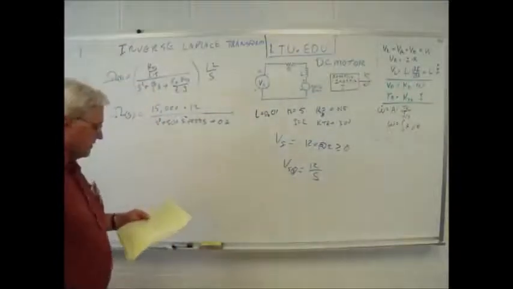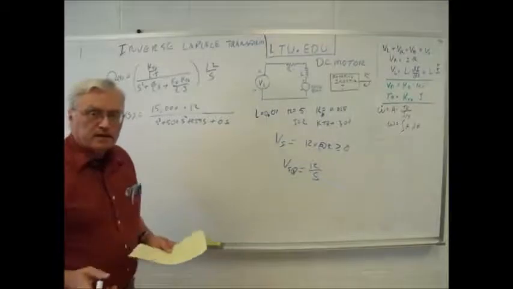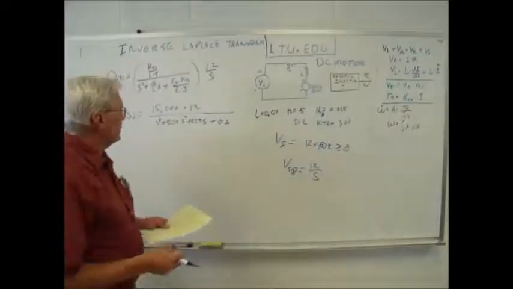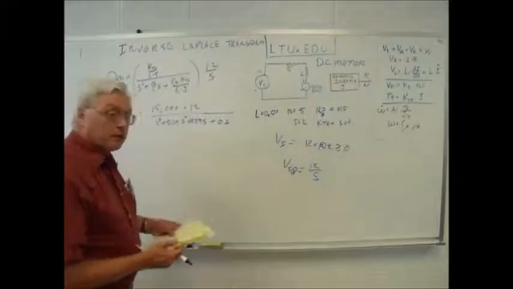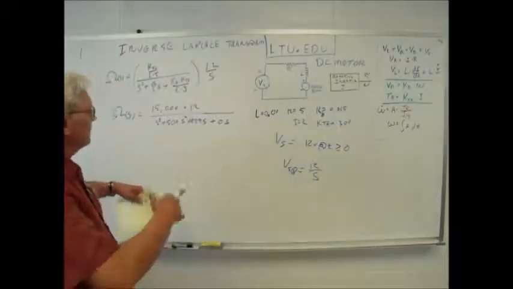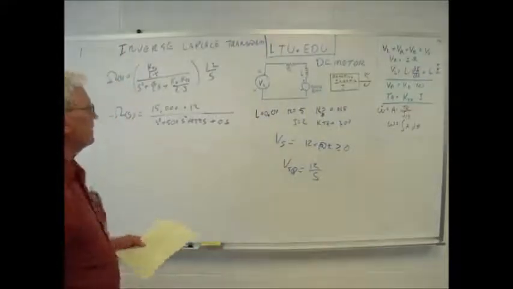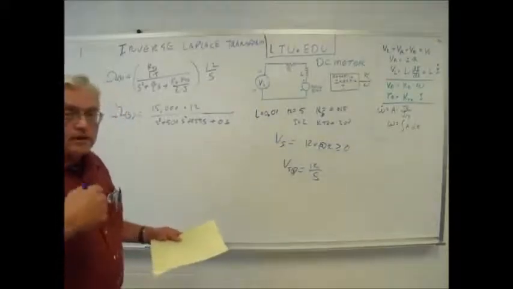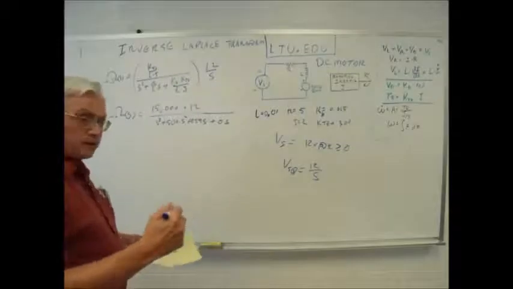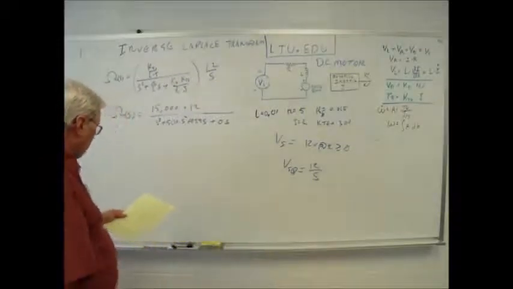Two ways I can do this. I can do it by hand, or I can throw it into MATLAB. But before we get into that, I think it helps if we know where we want to go, right? I'm going to factor this out somehow, probably a partial fraction expansion or something. But where do I want to get to? What are the things I'm looking for after I've factored it? Common things,